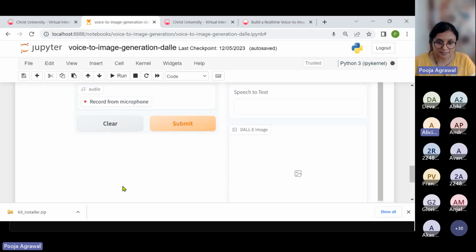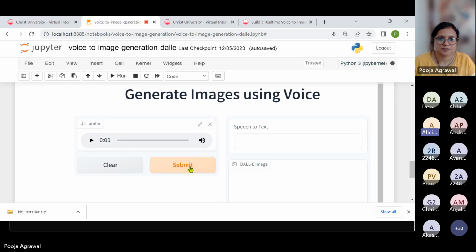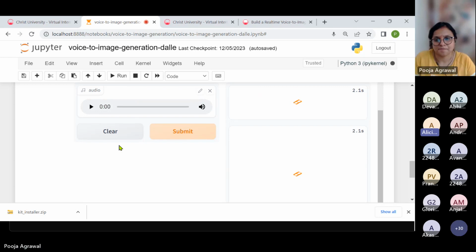So again, I'll try this once more: give me an image of a wizard casting a spell in a castle in high resolution. Okay, all right, so now it works.